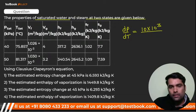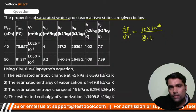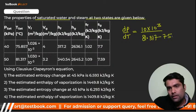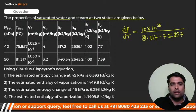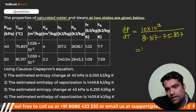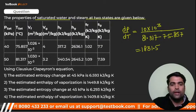Right? 81.317 minus 75.857. Okay, I hope you got it, my dear. मैंने क्या करा है, right? So it is going to be what, my dear? 1831.5. ये कितना आ जाएगा हमारा? 1831.5. So if you get this, my dear, now